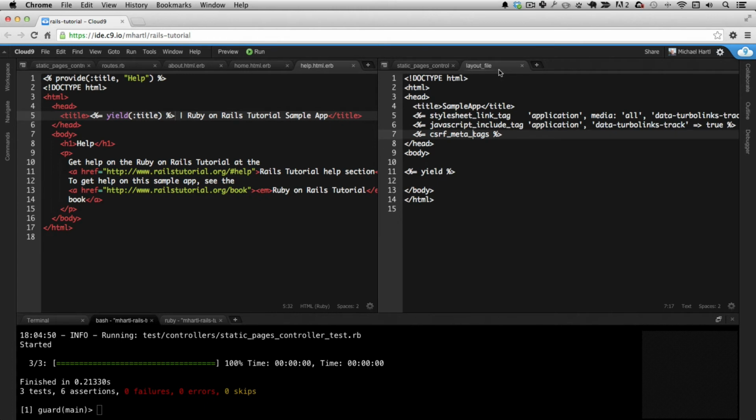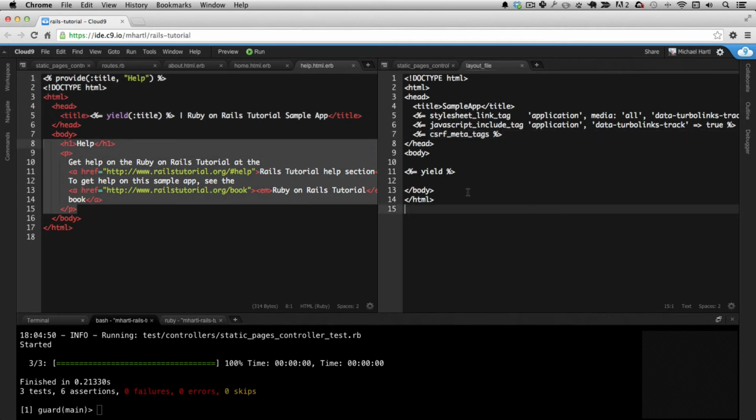If you look at this layout file, this is the one that I moved, you can see it's the same kind of structure. The indentation is different here. But if you look at this, you can see probably what we want to do is just replace this part with this stuff here, with the title. And then the actual body, this stuff in here, gets inserted by this yield. Again, it's not important at all to know what this does exactly at this point, but this is a very characteristic Ruby keyword. For those of you who have studied Ruby, this is yielding a block, but that is not important at all